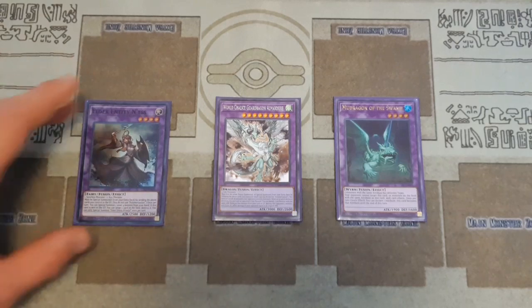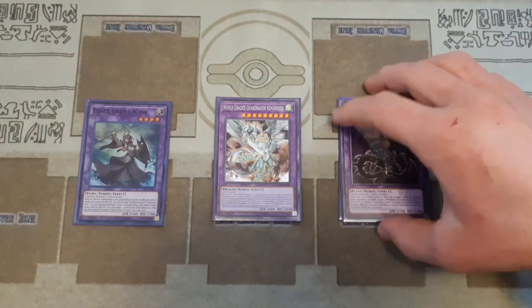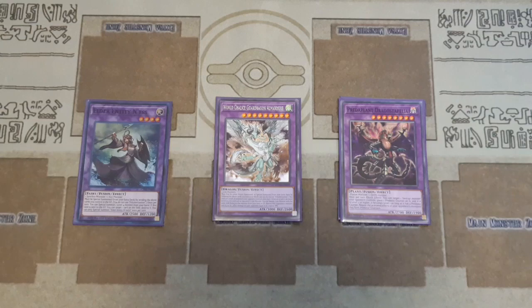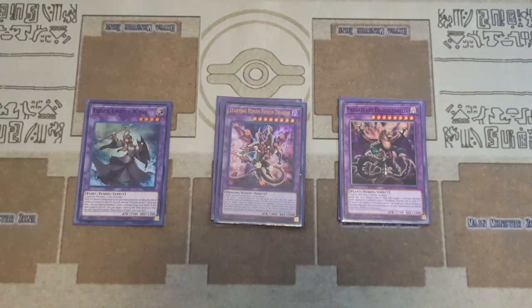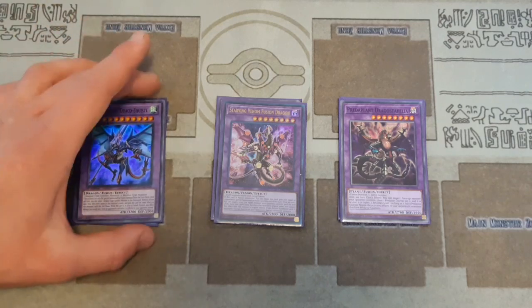Or really, obviously Adamancipator sort of fell from graces when they lost Block Dragon, but there's obviously other applications for this, just other than the Dogmatica matchup. Then obviously the 1 Predaplant, 1 Starving Venom Fusion, and then this is a new addition, the Dragon Knight Draco